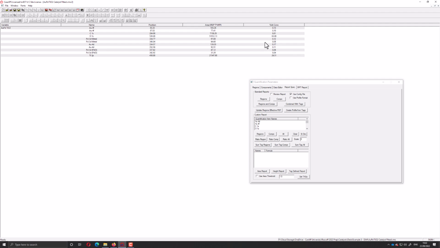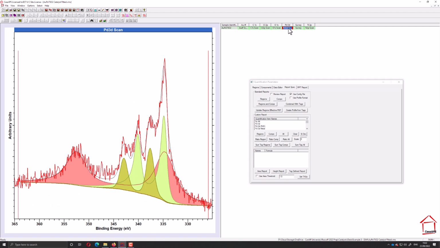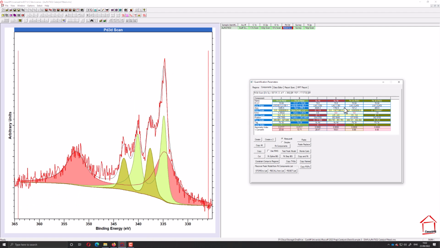So given our accuracy in terms of our background shape, our line shapes derived for the nanoparticles, etc., we have what I consider excellent agreement in terms of our quantification. And again, we can just double check. If we go back to our palladium 3D and then just 0 the RSFs for the gold 4D,